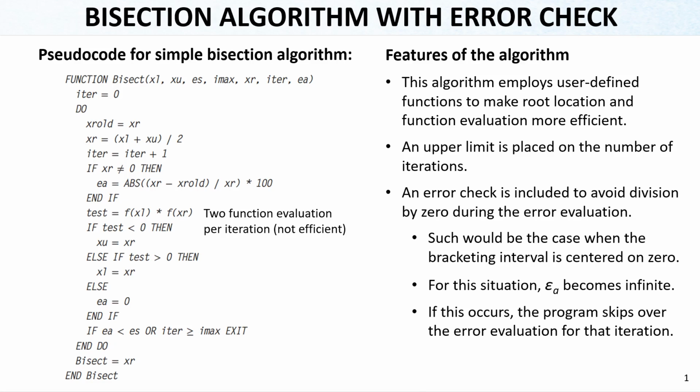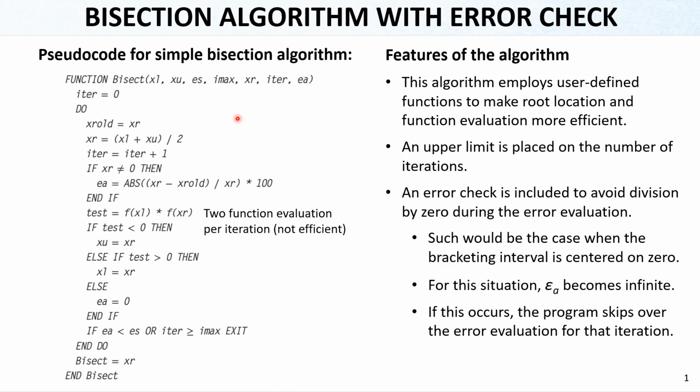So because we now learned about the bisection method, we can create an algorithm to repeatedly perform the calculations in iterations with the error check so that we can have the final result. Here you can see a pseudocode for a simple bisection algorithm, a function actually. We will start with an initial XL and XU, lower and upper bounds, a threshold for the error, maximum iterations, XR, the midpoint value or the predicted value of the root, iteration number, and the